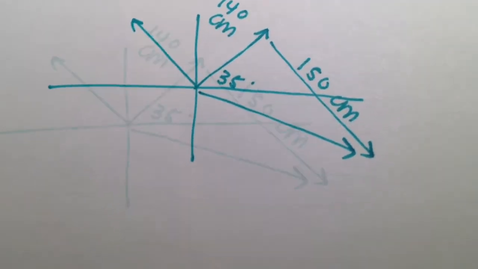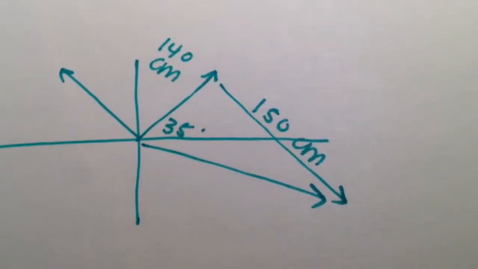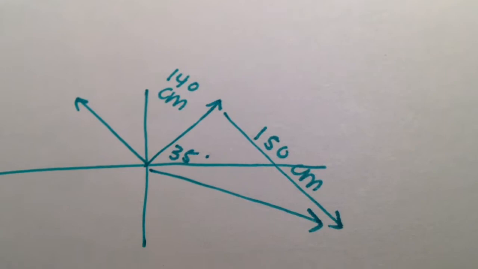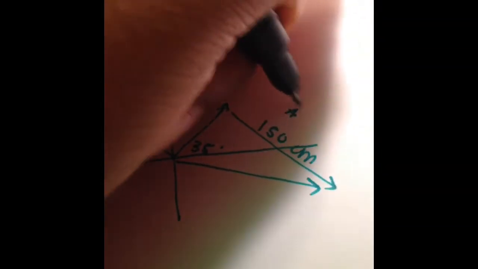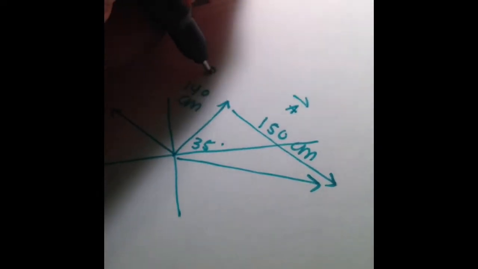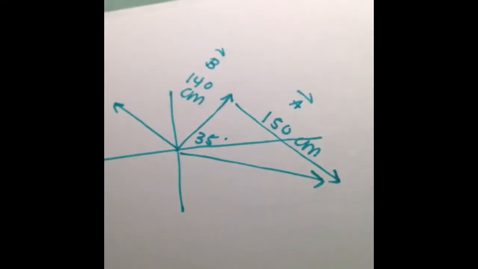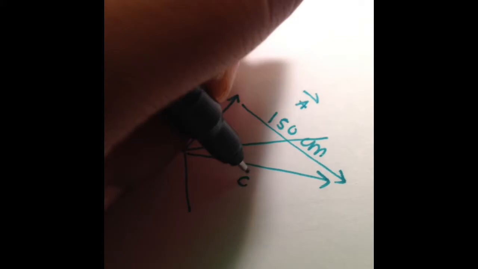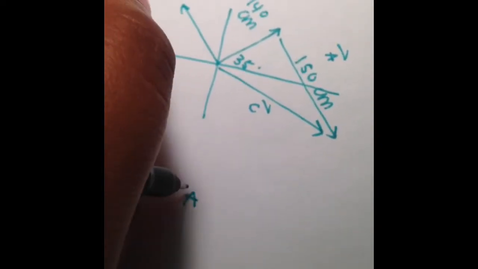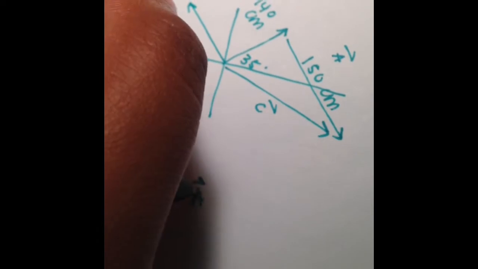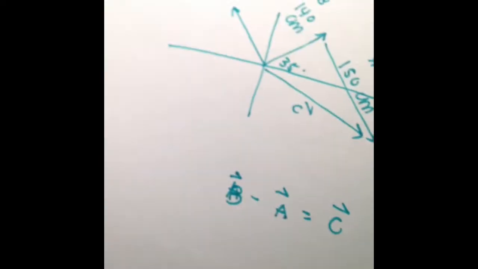So now that you see it like this, it's going to be just a case of simple vector subtraction. If we label the first displacement vector A and the resultant vector B, and the second displacement vector C, which is what we're solving for, we can go ahead and write out the subtraction problem, which is going to be vector B